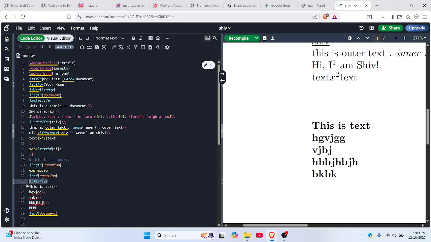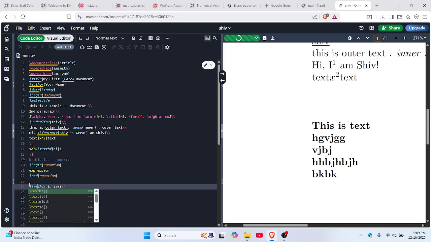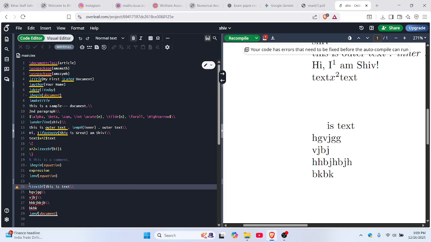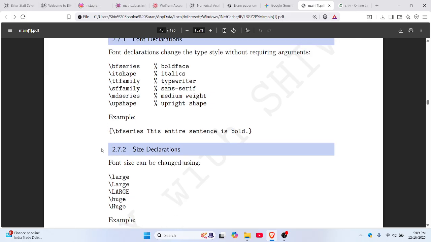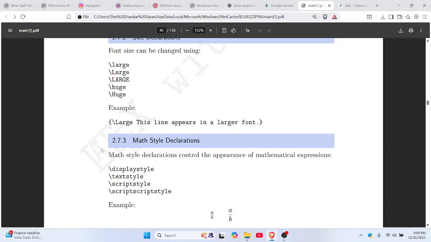Like if I remove bfseries here and just write this text with textbf, only this line will be made bold and not all. So that was the major difference between all this. Next is size declaration, that similarly we can declare the size of the font, that is backslash large, backslash